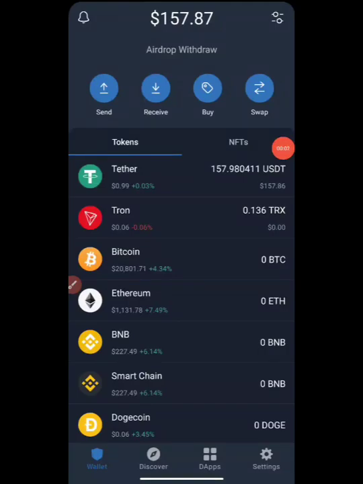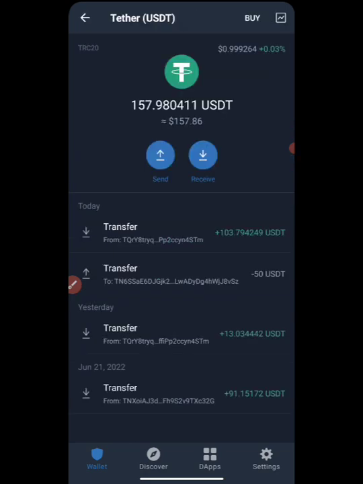Once you input the phrase you are seeing right there, it's going to open directly to this Trust Wallet, and you're going to be getting this particular amount of balance into the wallet right here. This is the balance, as you can see. This is the USDT TRC20. I have this particular balance right there.